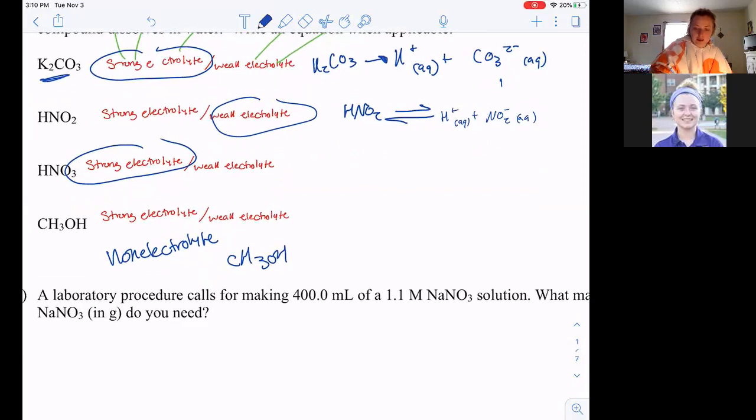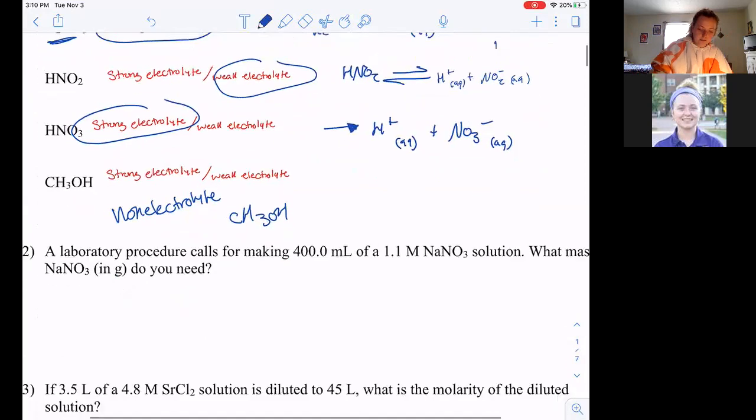And this one is the same thing as the strong one. It's going to completely dissociate. That's why it's a full arrow going one way. It can be H plus and NO3 minus. Okay, so then